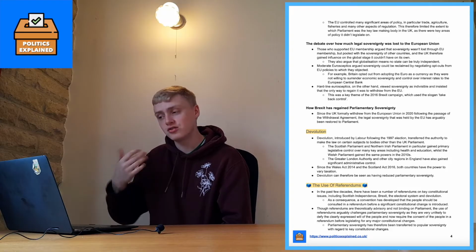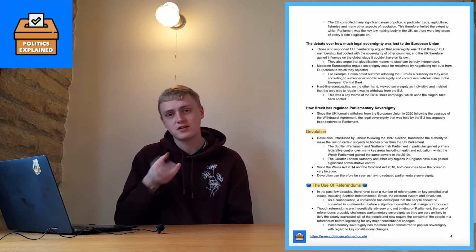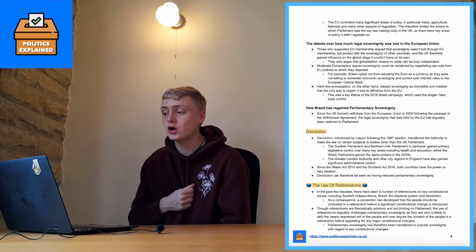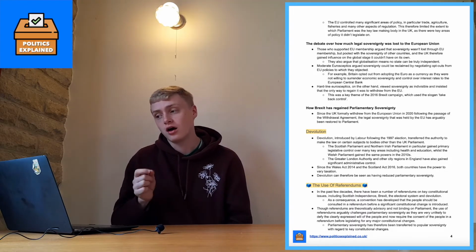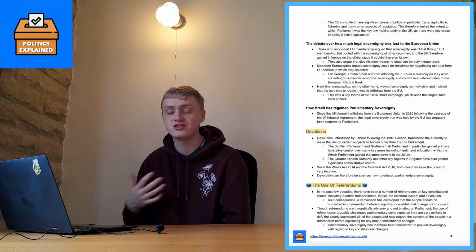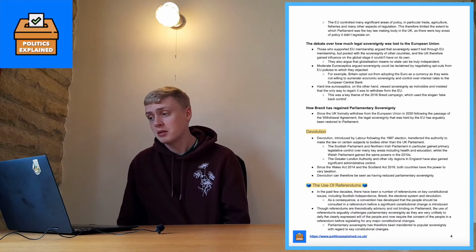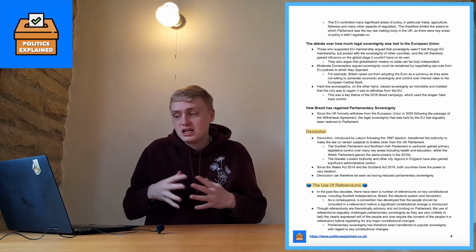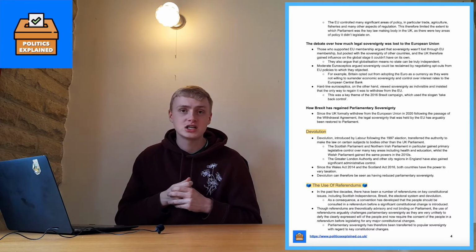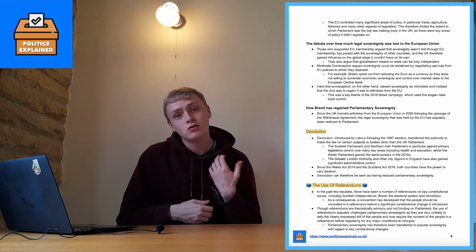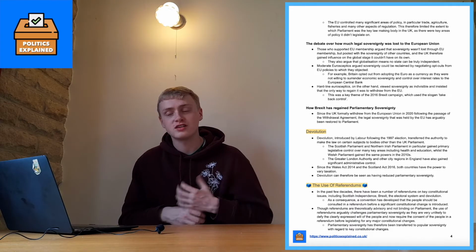On the other hand, moderate Eurosceptics and some in the centre argued that sovereignty could be reclaimed by negotiating opt-outs from EU policies to which they objected. So, for example, Britain opted out from joining the euro as a currency and therefore retained economic sovereignty, control over interest rates. So, in comparison to some other countries in the EU, the UK, through opt-outs, was able to retain a significant